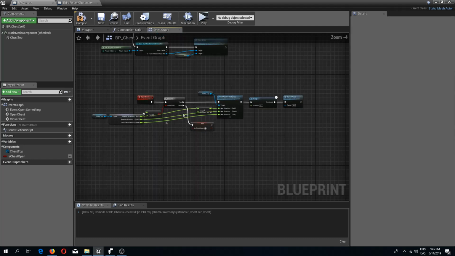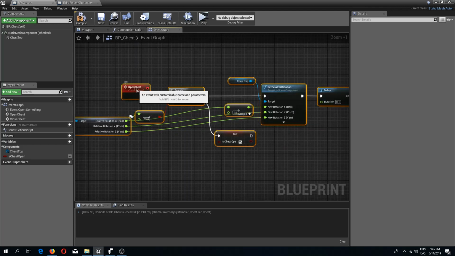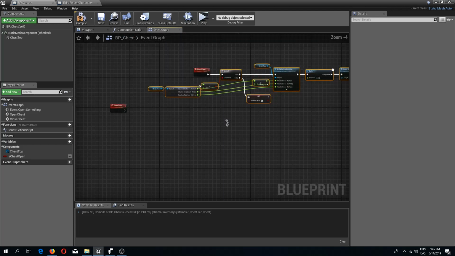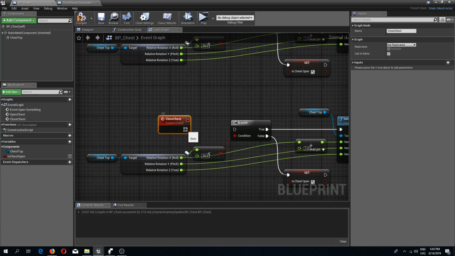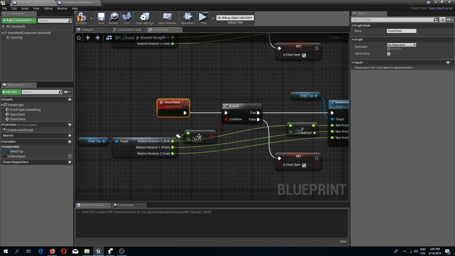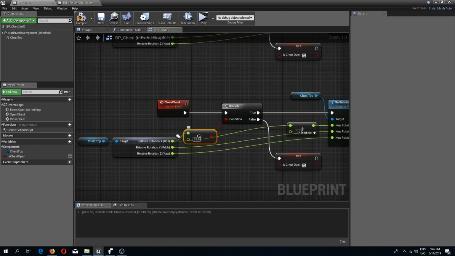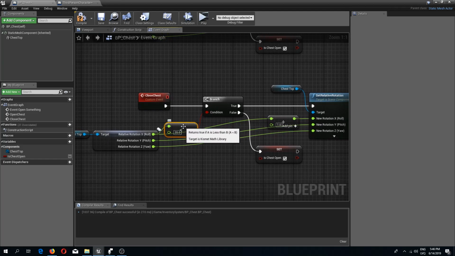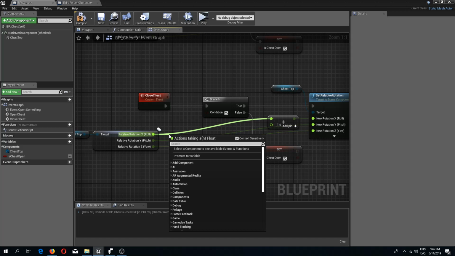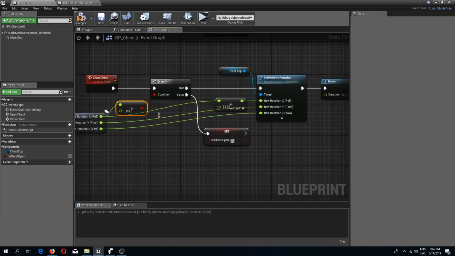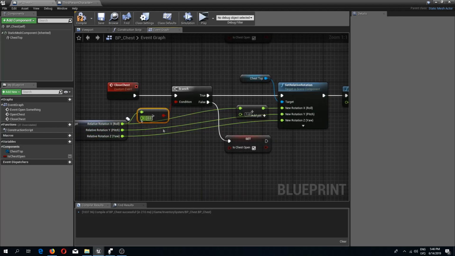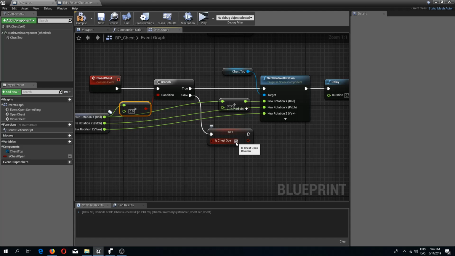So the next thing we can do now is simply select all of this except for the event itself. I'm going to copy all of this and paste it over here. Now I will connect this to the closed chest like so. And over here we need to do this the other way, so we need to delete this check. And we need to check if the x-axis is bigger than 0. And we need to connect this to the condition. And if it's not bigger than 0,